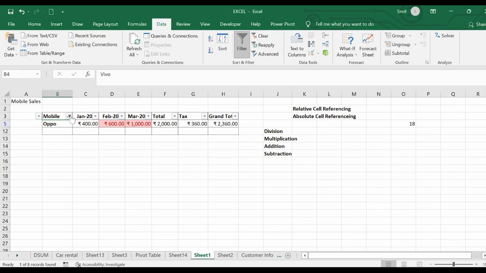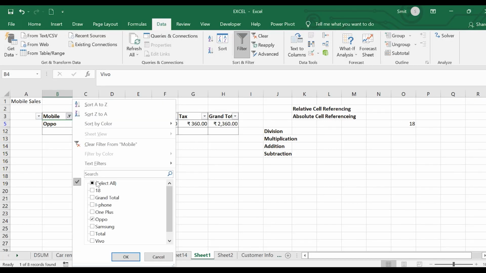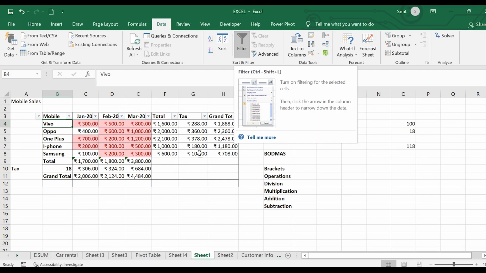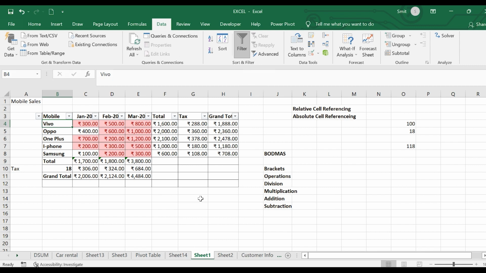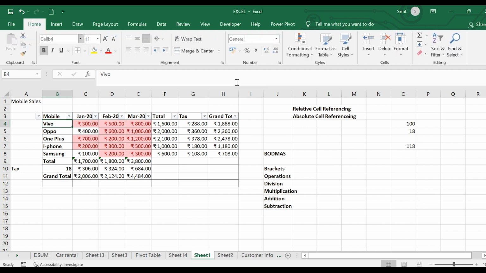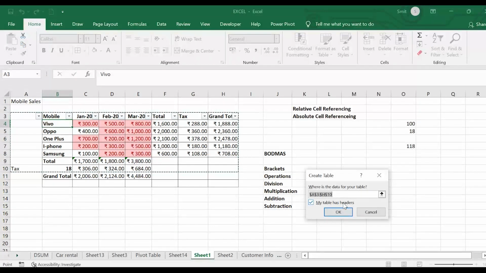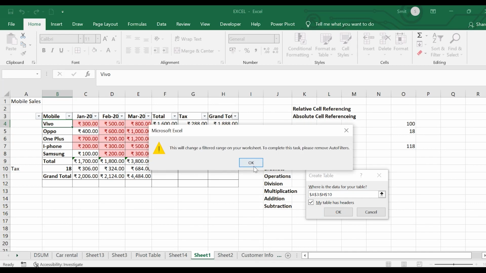I can see it like this. And if I want to see all the values, I can simply press select all and it is done. So this is how we can do it by placing a manual filter. But formatting as a table actually gives you all this by default. So if I use this, my table will be